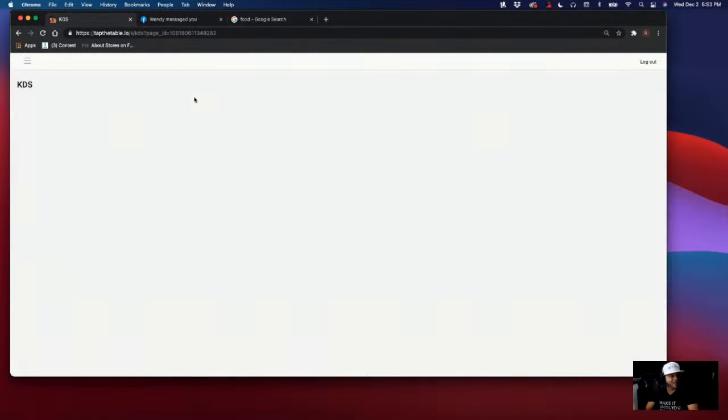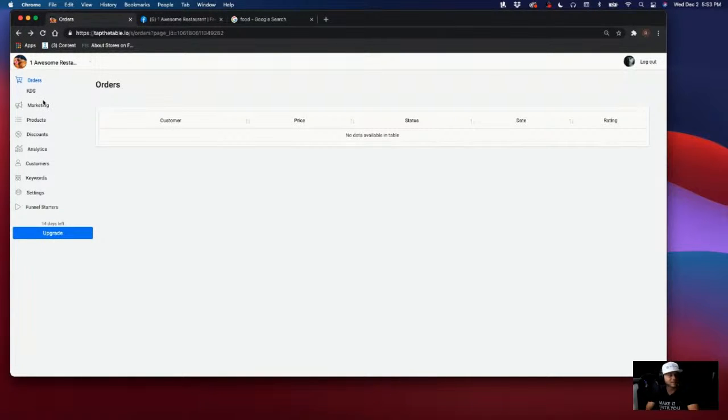We have nothing on our KDS screen. This is kitchen display system. This is amazing, and this is what I'm going to have to ask you guys for help with here shortly. I'm going to throw a QR code and maybe some other fun ways to get into this menu that we're going to create. I want you guys to make orders so that I can look at this KDS screen